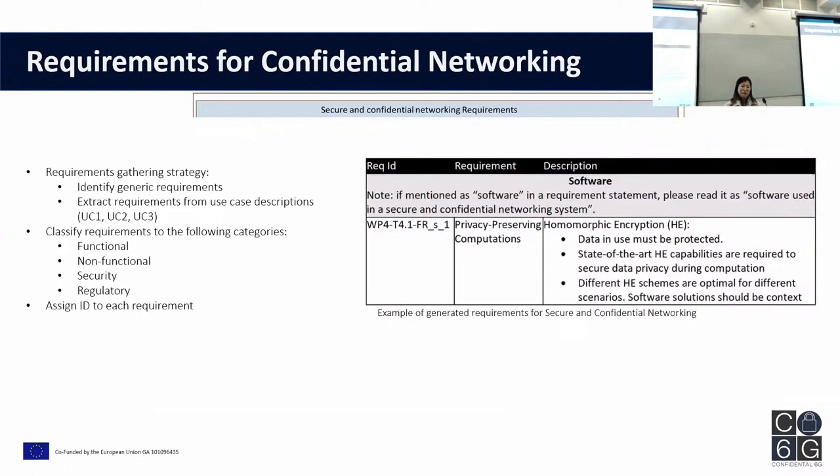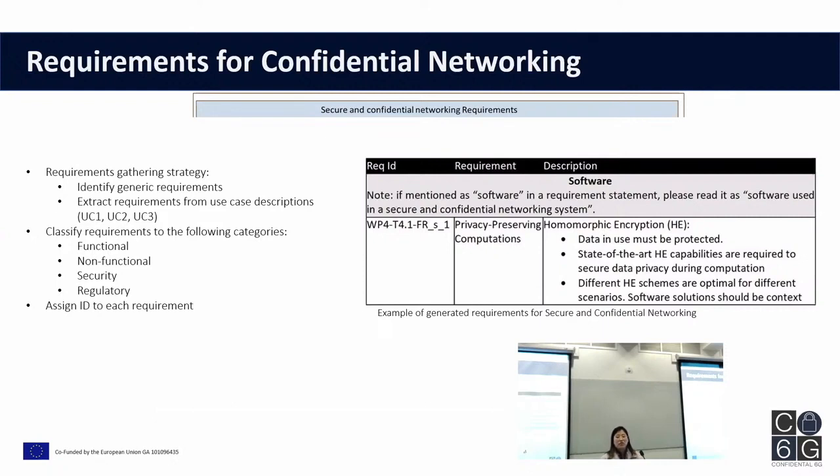Before we go into the final architecture design, we first go through the requirements for the confidential networking. So based on the three use cases I just mentioned, we try to extract the main requirements for the confidential networking. We extracted the main requirements, maybe around 100 of them, from the different parties that joined this program, focusing on the three use cases we just mentioned.